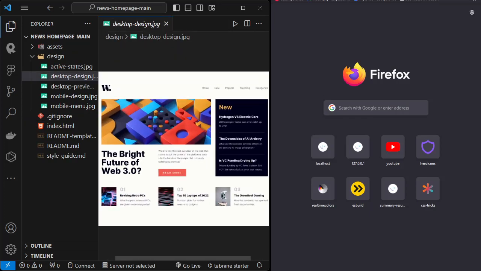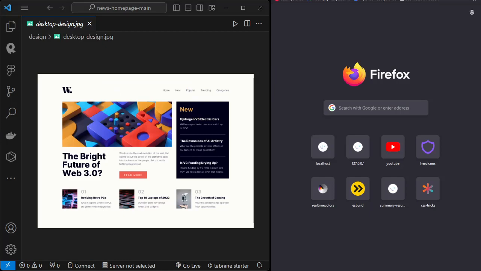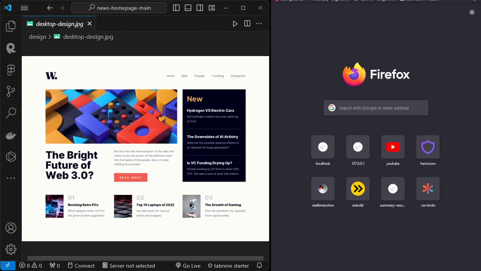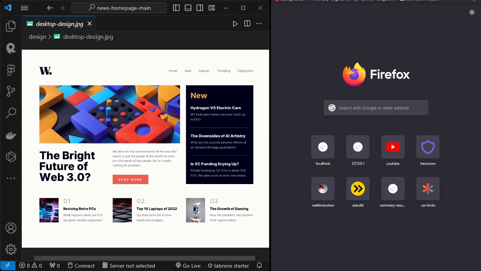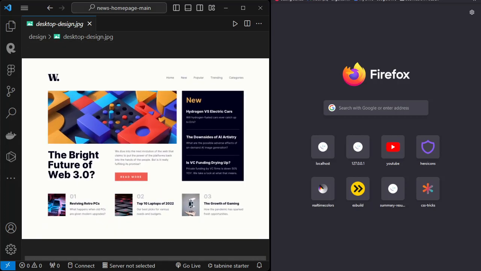So the first thing that we need to take a look at is the desktop design and see what we need to build. Well, first, let's check the header here. Can you see my cursor? Oh, okay, yeah, you can. You can see my cursor, right? Okay, anyway,